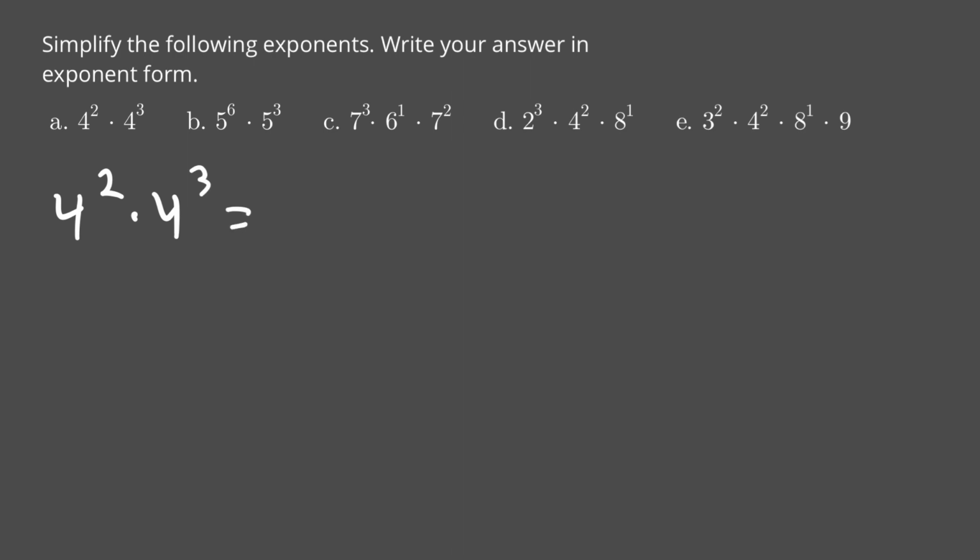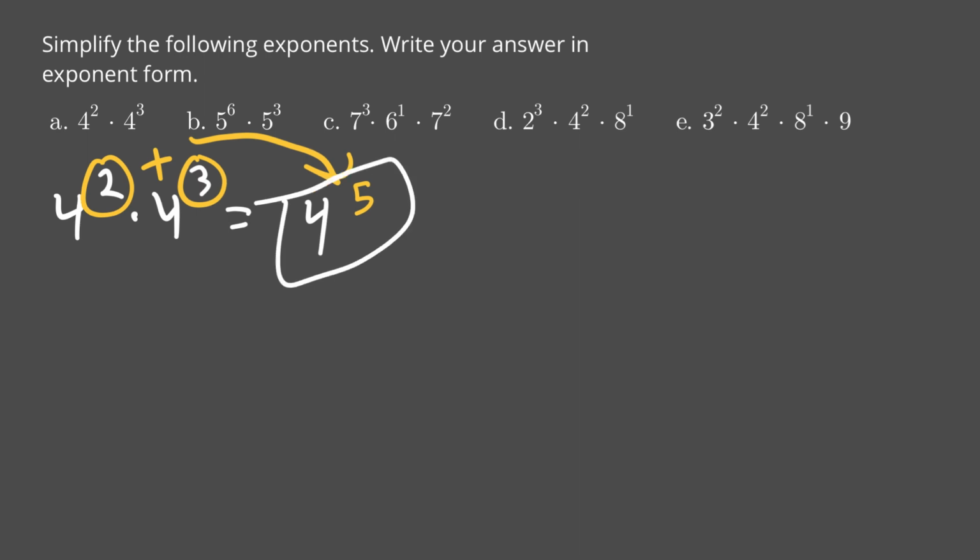So what this looks like is the base remains unchanged, which is 4, but now you add the exponents together, giving you 2 plus 3, which is 4 to the power of 5. Now this problem tells us to write your answer in exponent form, so we will leave it as 4 to the power 5. In some cases, they will ask you to expand, which would tell you to write it as